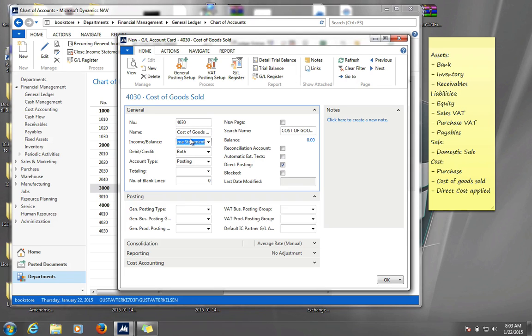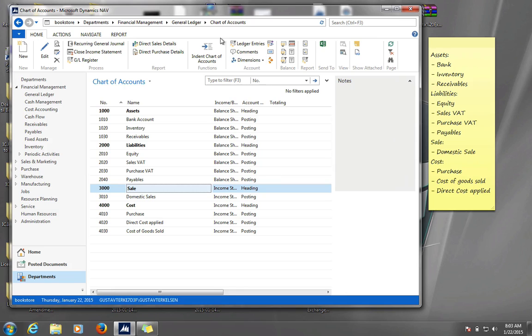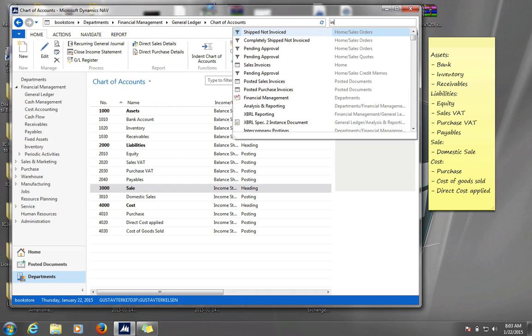Like that. It's an income statement, and we want to post to it. So that does it for the chart of accounts. The next thing I want to do is go in and make some check marks, or a little bit of setup